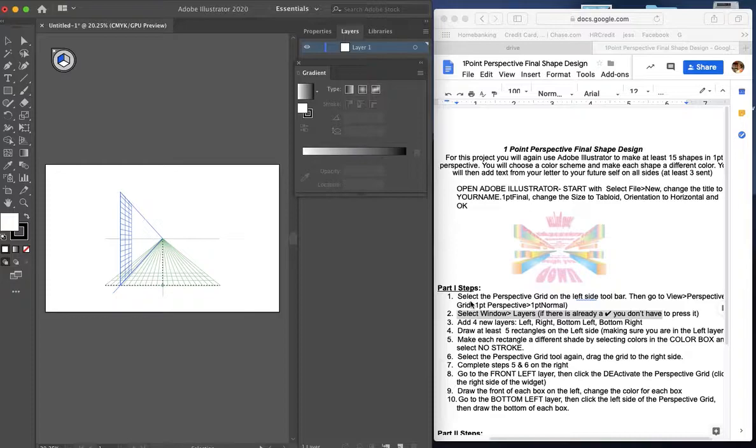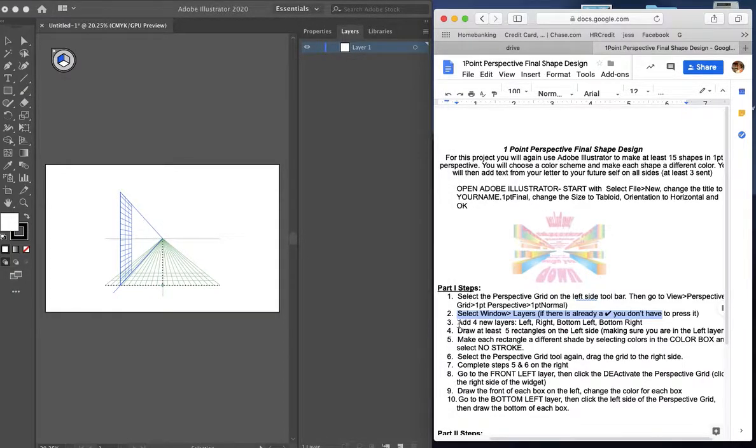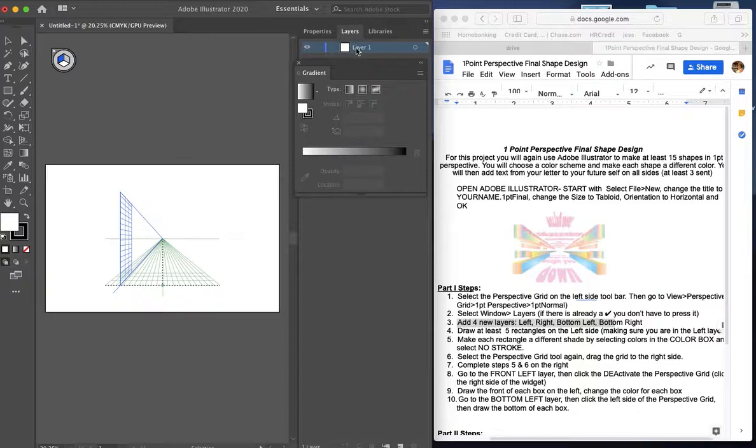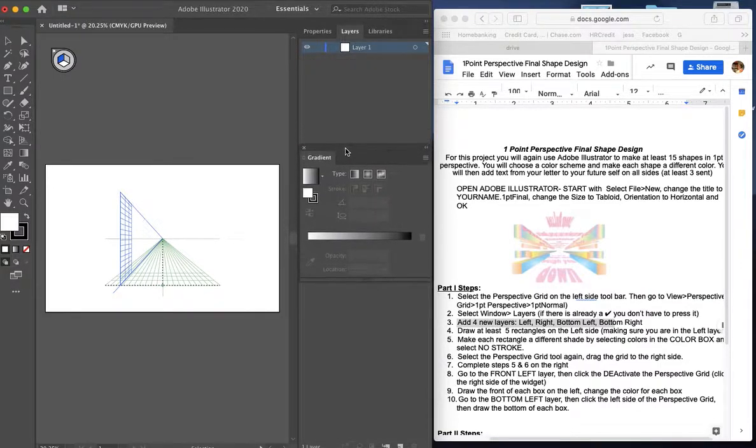Okay. And now I'm going to add 4 new layers. Left, right, bottom left, bottom right. So I'm in my layers. I'm going to move this box down a little bit. And all the way at the bottom of the window is where you have Create New Layer. So you're going to click on Create New Layer, and you're going to need left, right,